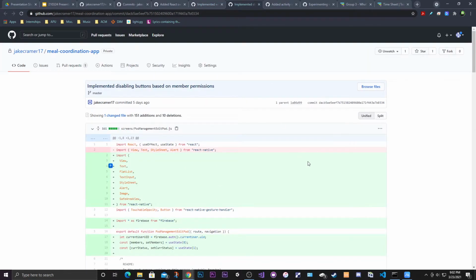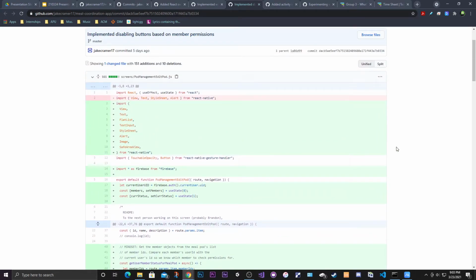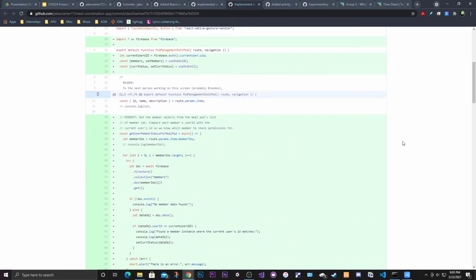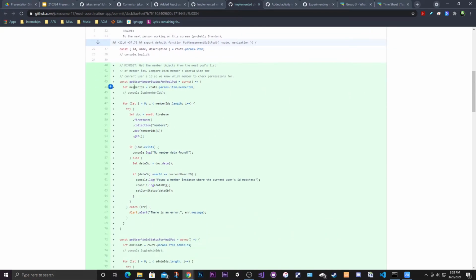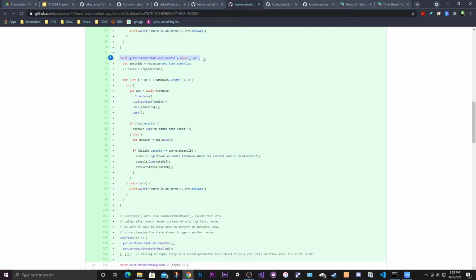Next was, I think, the hardest part of this, to be able to update what the user saw, or basically what the user could interact with on the screen based on these permissions. What I needed to do is once navigated to the pod management screen, I didn't know which member that the current user was associated with. So I had to check the user's member status, but also check their admin status, because I'll have to render differently based on if they were an admin or a member. And once I found that,